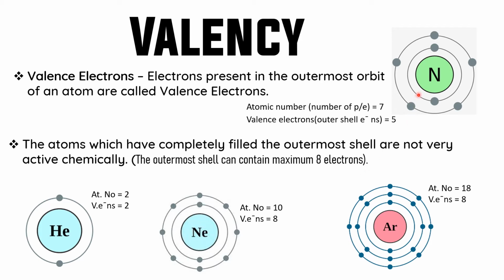Here in the case of nitrogen, this is the last shell. In all atoms, the last shell contains a maximum of 8 electrons. So if an atom contains 8 electrons in the outermost shell or valence shell,